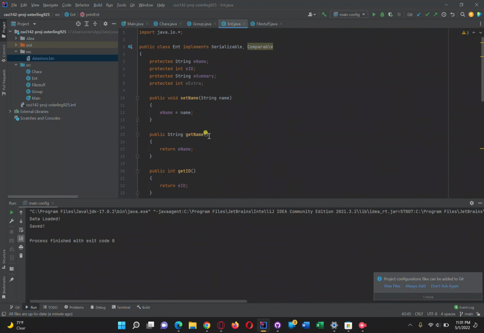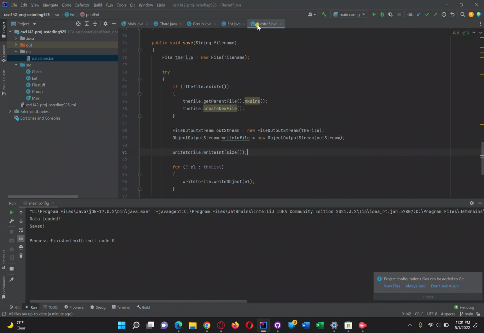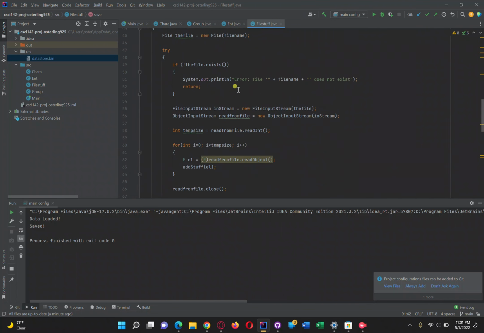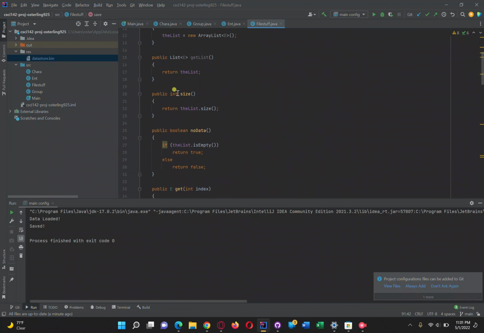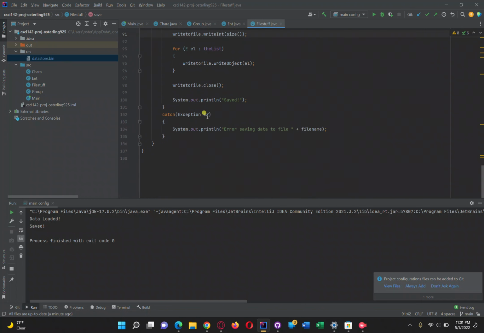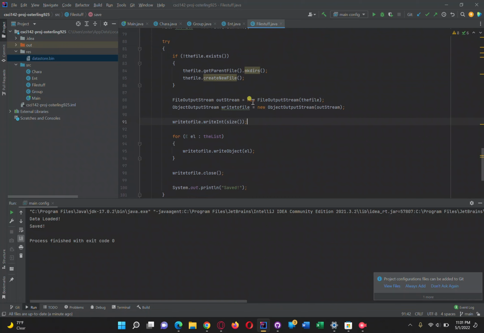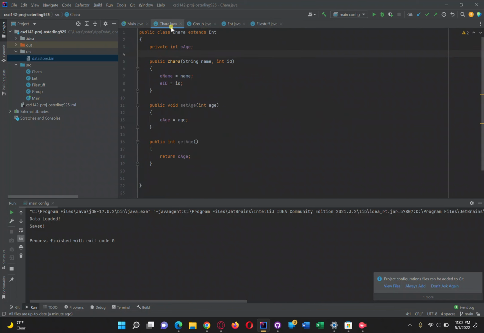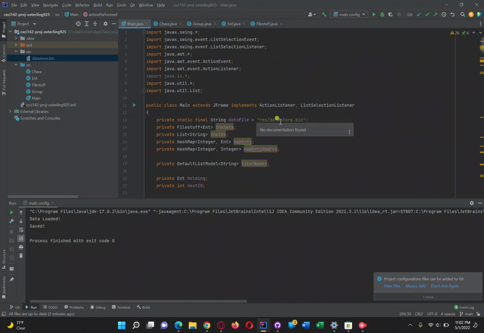It's comparable for that and serializable, so that when it's saving and loading, it uses the file stuff class to save to that little storage bin, so that it's more efficient. The character class has the extra stuff,